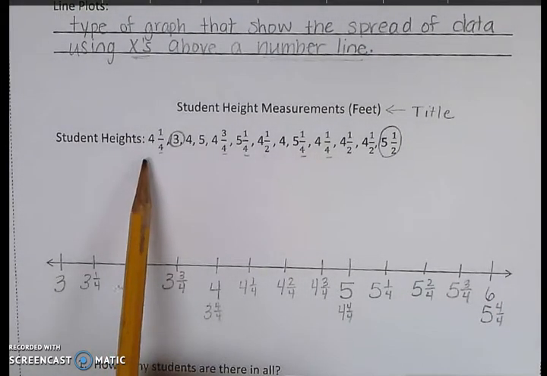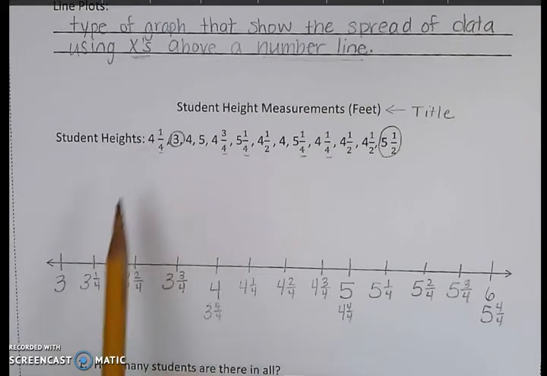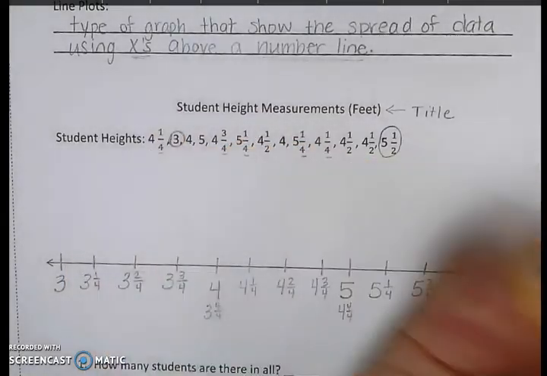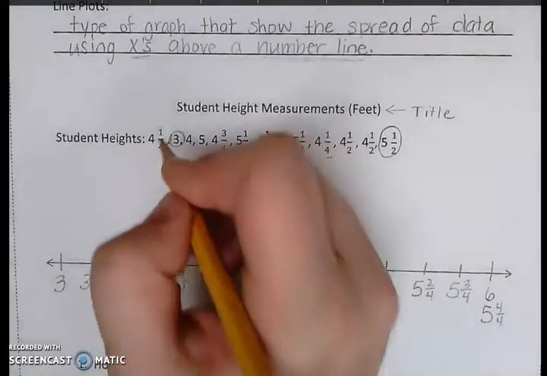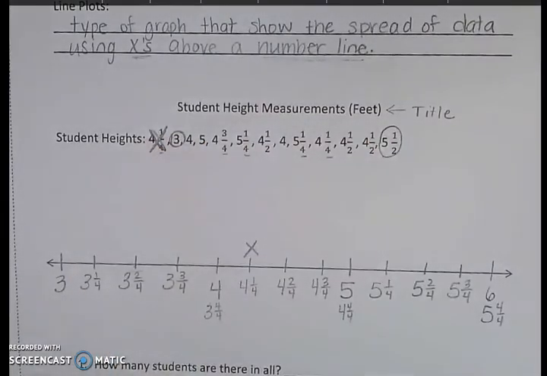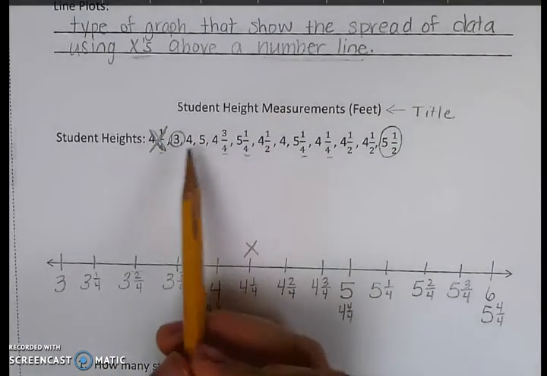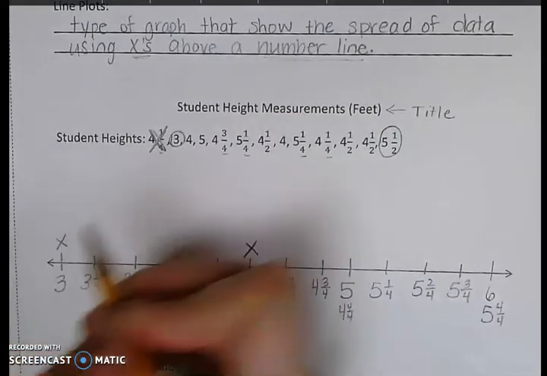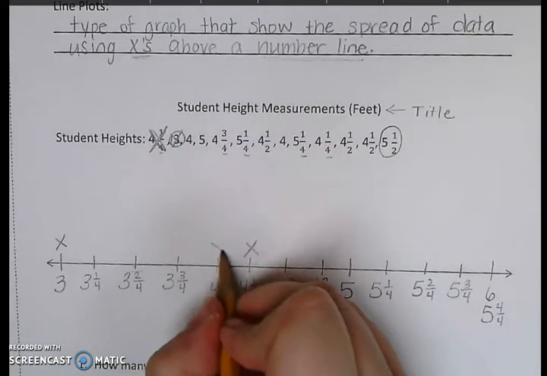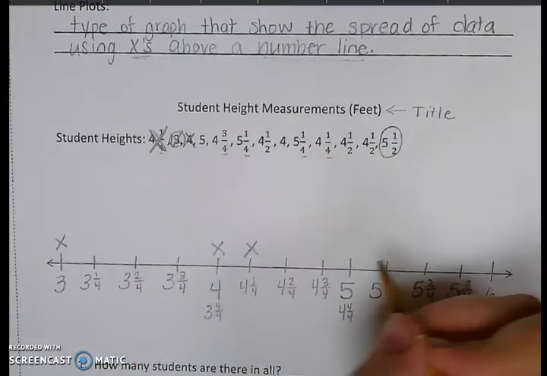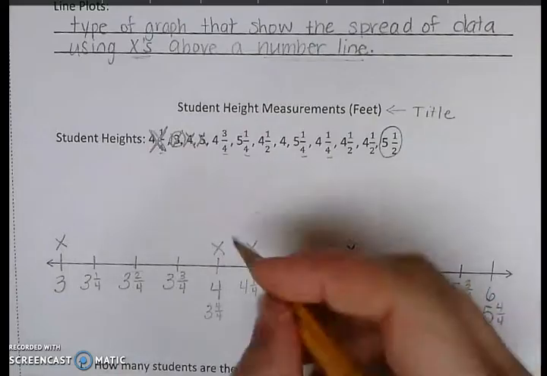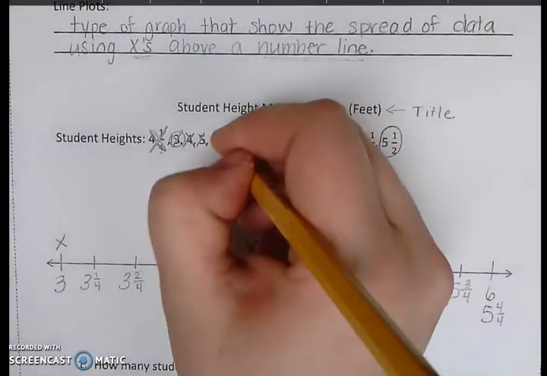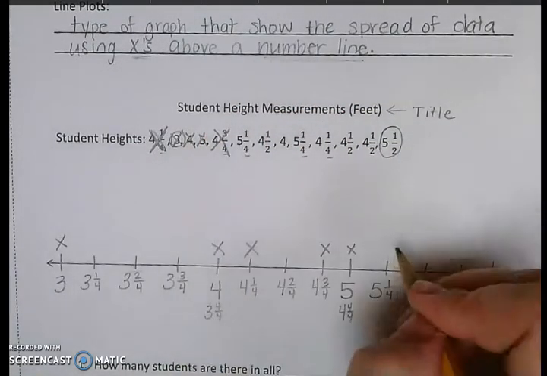So now I just need to go through the list. Every time I see a number, I'm going to put an X above it on my line plot. So the first one is 4 1/4, so I'm going to find that on the number line, put an X above it. I'm going to go ahead and cross these out here so I know I've already used them. Then I've got 3 on my number line, 4, 5, 4 3/4, 5 1/4,